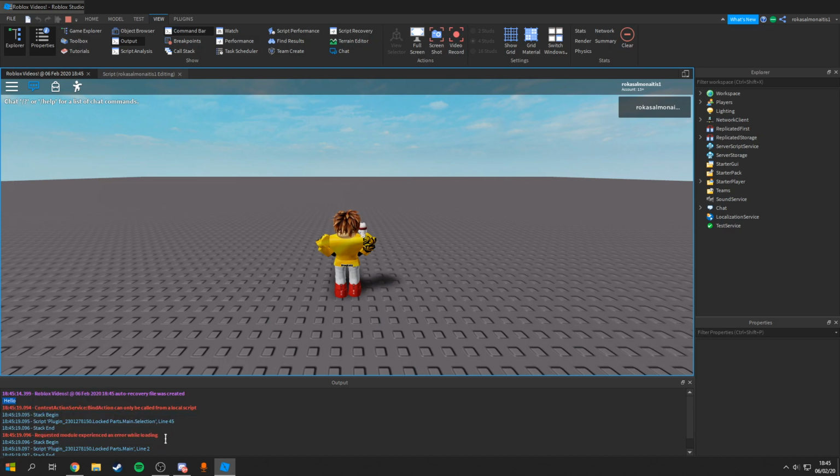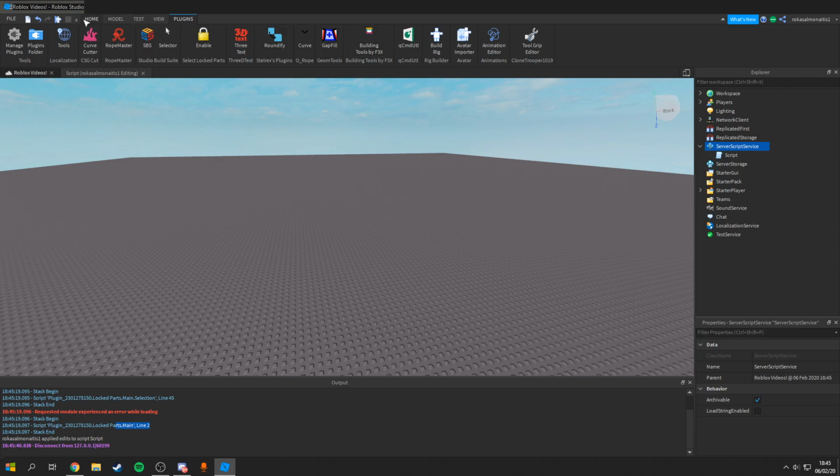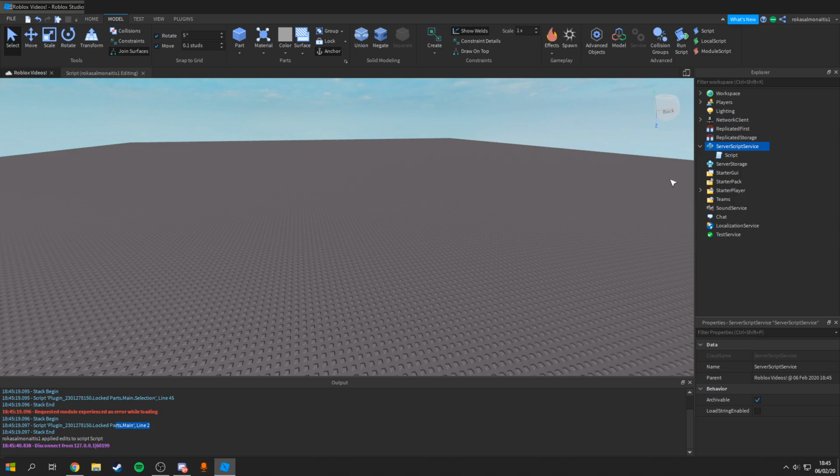And these are errors that are naturally just caused by Roblox. I think it's because of a plugin. I'm going to delete that plugin real fast. Or not. Well, anyway,